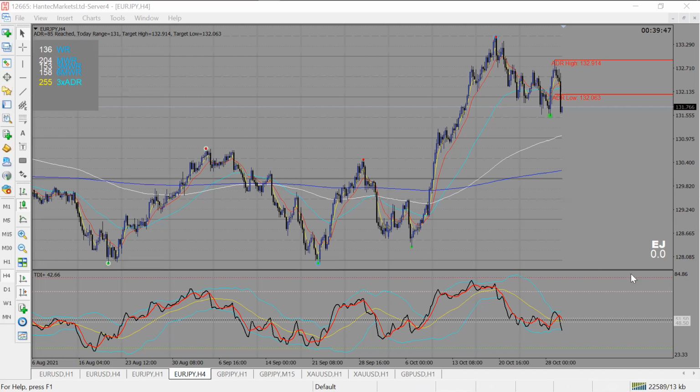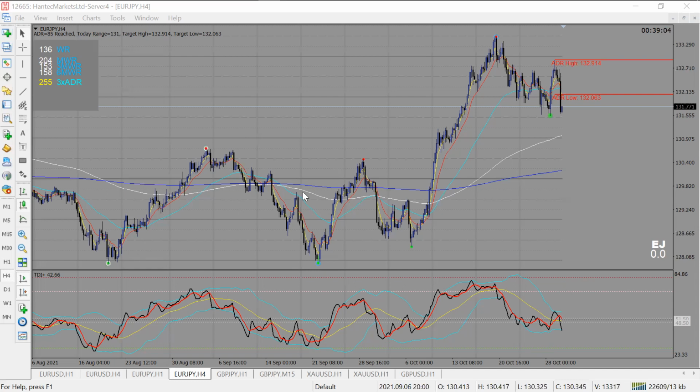So here we have the 84.86 and we have 23.33. This region is the oversold region, and this region is the overbought region. This region between here and here is the overbought region. Then here is the oversold region. I am going to give us a textbook on this so that you can actually study it more. Right? So yeah,